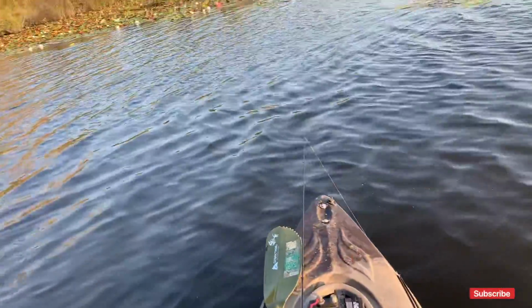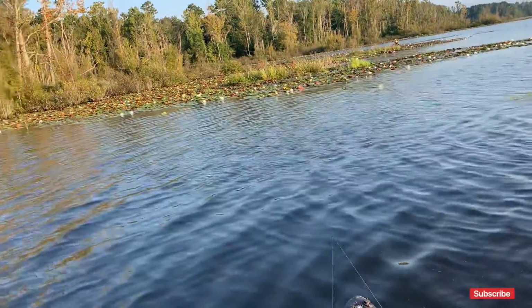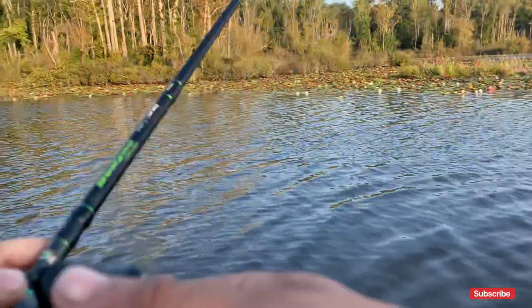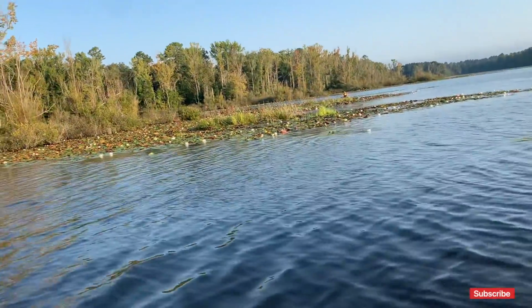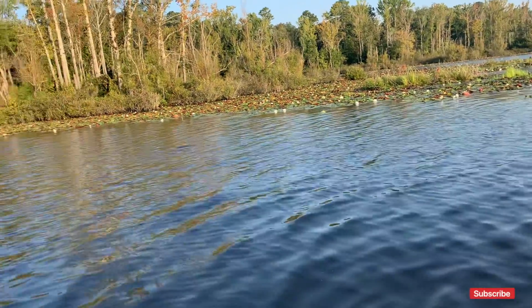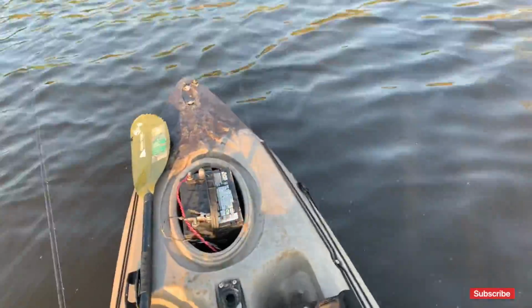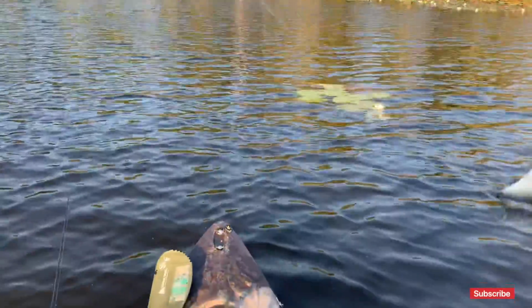Okay, guys, so is that 3 or 4? No. Okay, that's number 3. Number 3, right here, still on the same point that we were just throwing everything at. Only now we've changed. There's another one. Another one. So the only thing we changed was the direction of our cast. So before we were in the cove casting out and reeling in. Now we're out in open water casting into the...